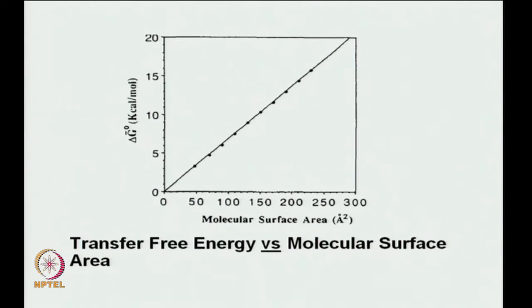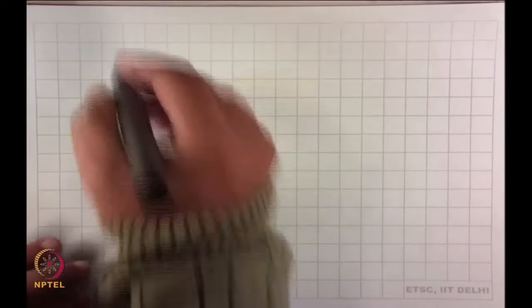And one immediate connection you can make is that the higher the accessible surface area, the higher will be delta G0. That means the more should be the hydrophobic effect being felt in the system. So, based on this, what we can write is, now I will use the sheet. We can write